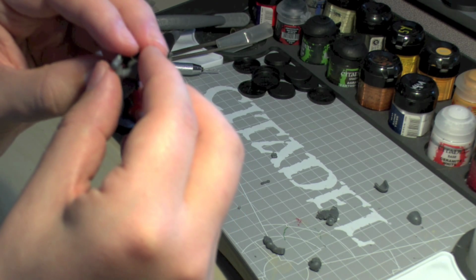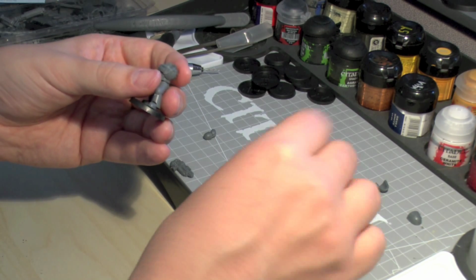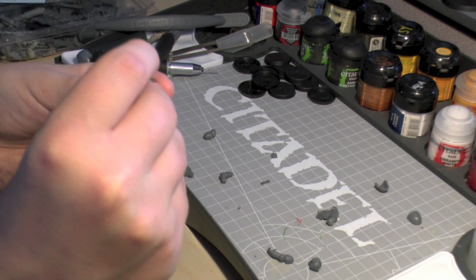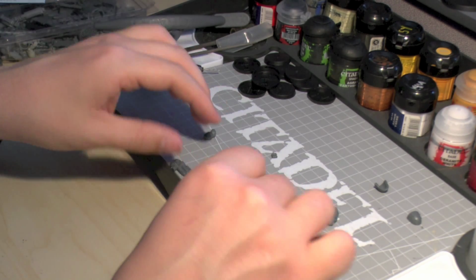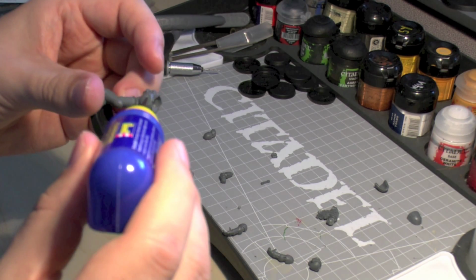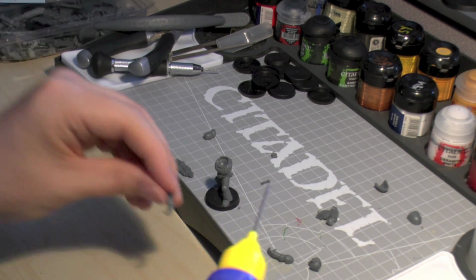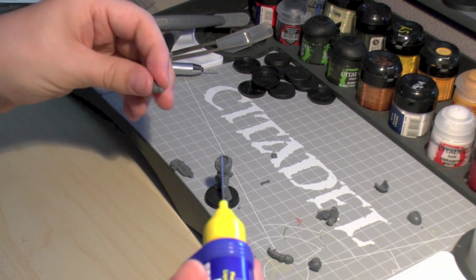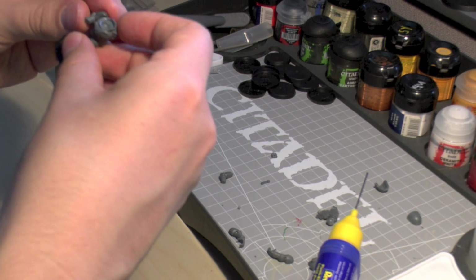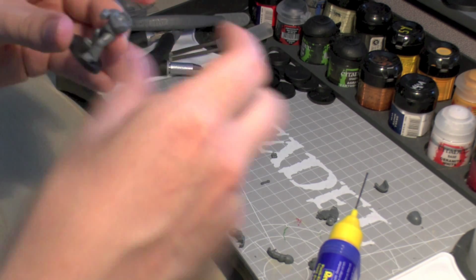Now I think that arm is a bit too long, so we'll go for this one. How about this one? Is this one better? That one's probably a bit better, so we're going to use that one. Now this is, like I say, the trickiest bit, so you've got to be quick. I glue both sides. I glue his palm, and I think I used the other one, but we'll just use this one. That should be fine. So I glue there,